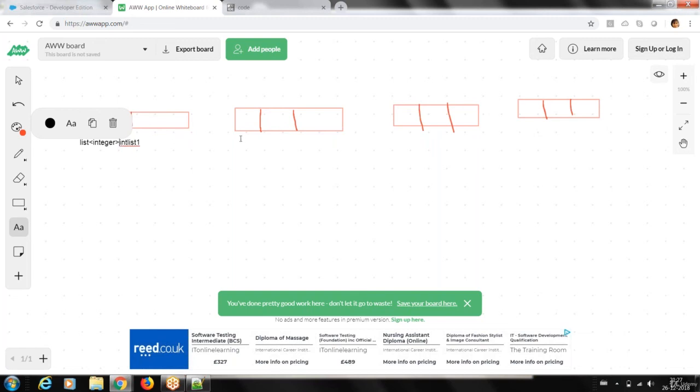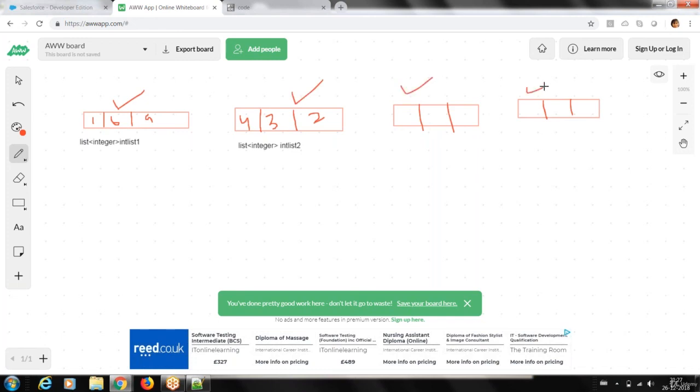Same way, this I declare as a list of integer, int list 2, correct? Inside this, I'm going to write integer values, maybe 1, 6, 9, something, correct? So this is one list, this is one list, and this is also one list.